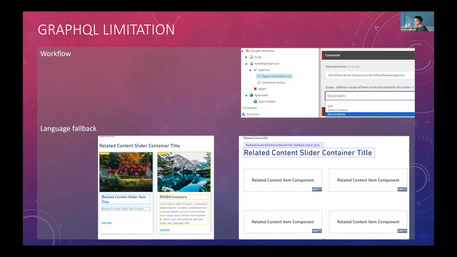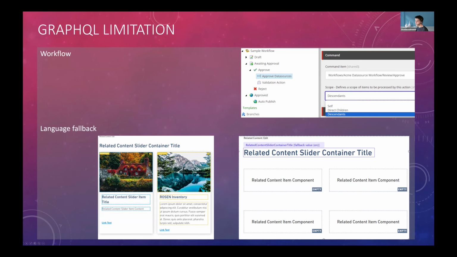The second issue is about the language fallback. When you have a complicated GraphQL query with parent-child elements, then Sitecore pages doesn't have a way to figure out that there are child elements. Here you see an example.